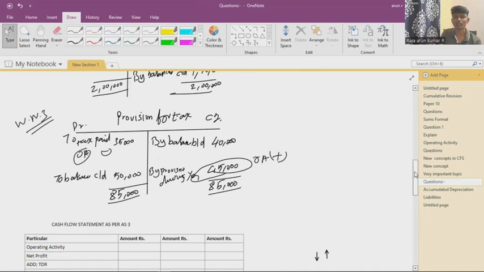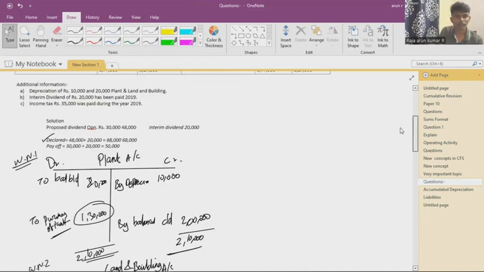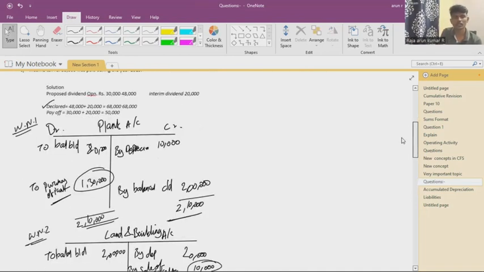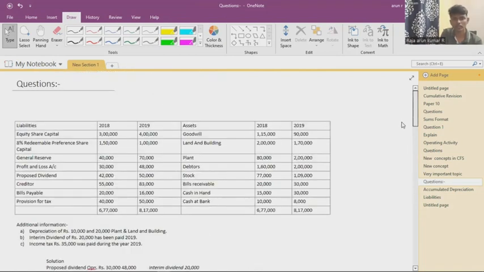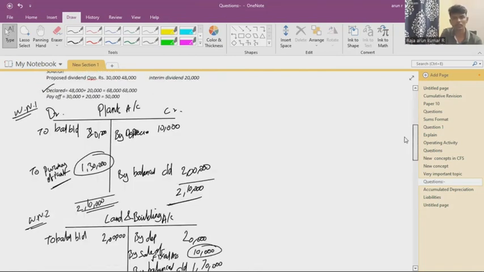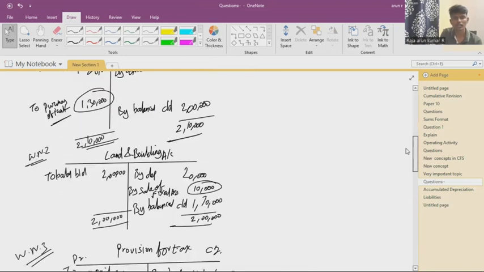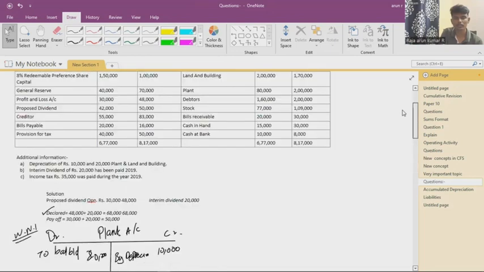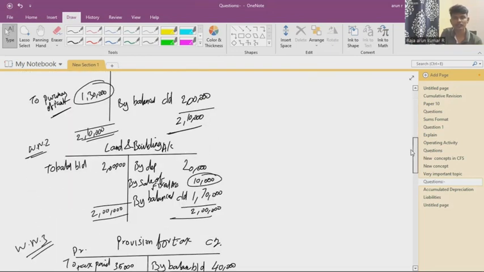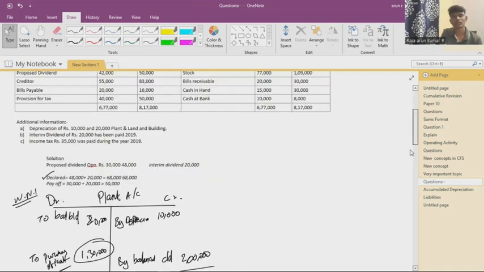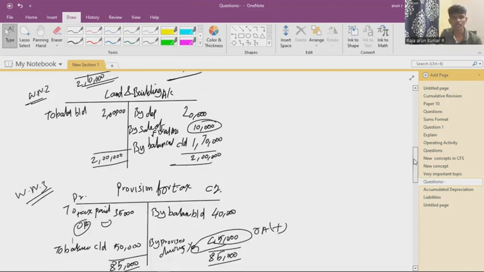Okay. What are the adjustments we see in the question? There is a plant and land and building. We do the opening balance of a plant and building, 2 lakh. We do it, and depreciation 10,000. The balance is purchase of land and building. Opening balance and closing balance given in the sum for land building, 2 lakh and 1,70,000. We put in that, and depreciation was 20,000 adjustment they given, and there is a balance of provision they are asking,